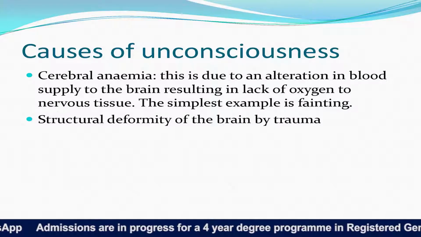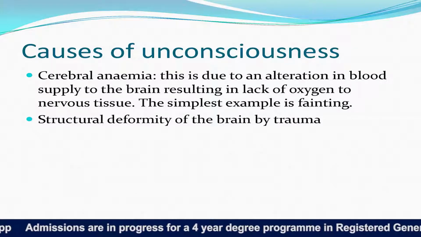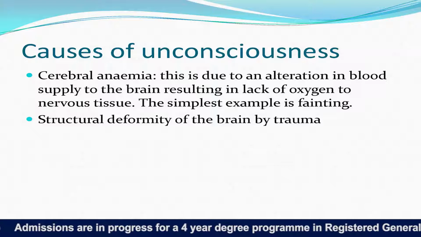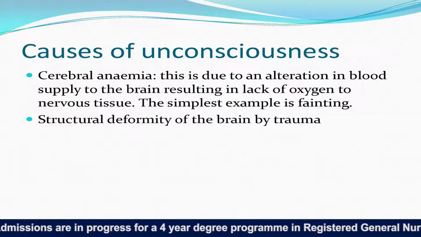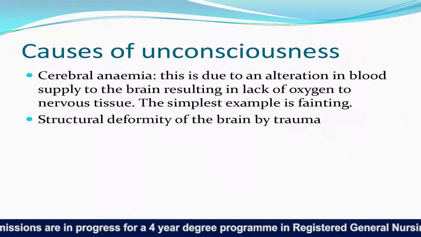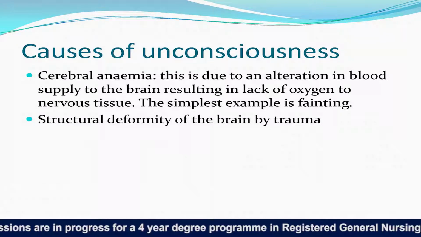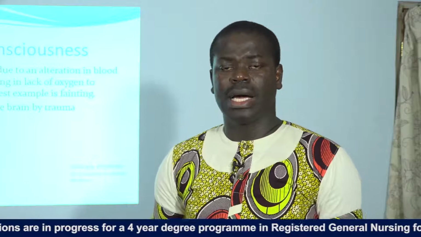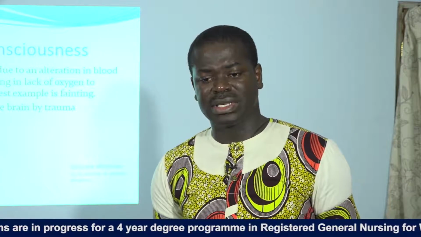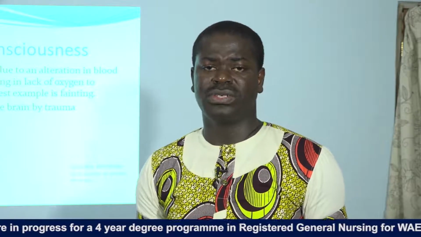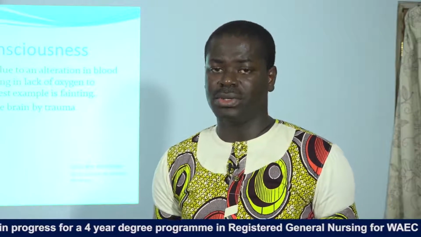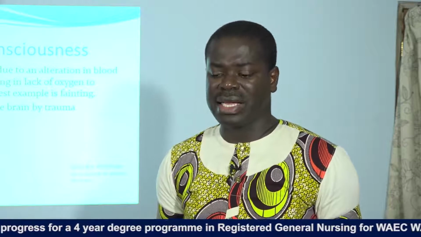What are the causes of unconsciousness? Unconsciousness can be caused by cerebral anemia. And when I say cerebral anemia, it's simply alteration in blood supply to the brain, resulting in lack of oxygen. So if someone is not having adequate hemoglobin, which carries oxygen to all parts of the body, including the brain, the person is likely to suffer